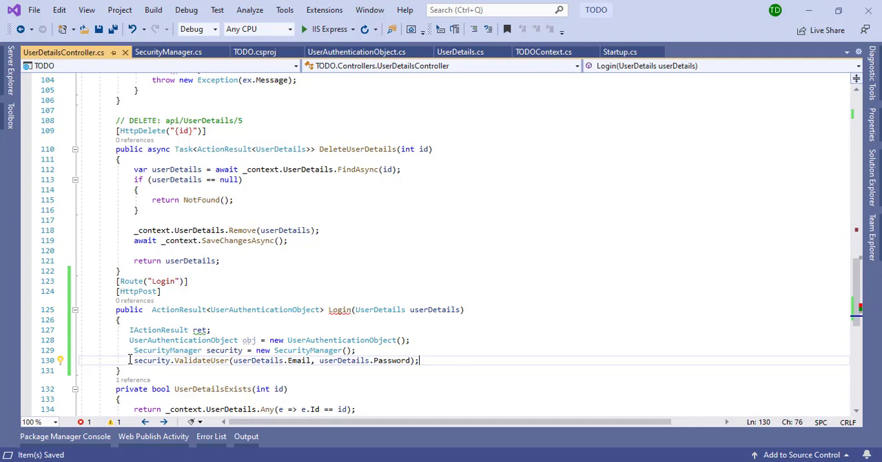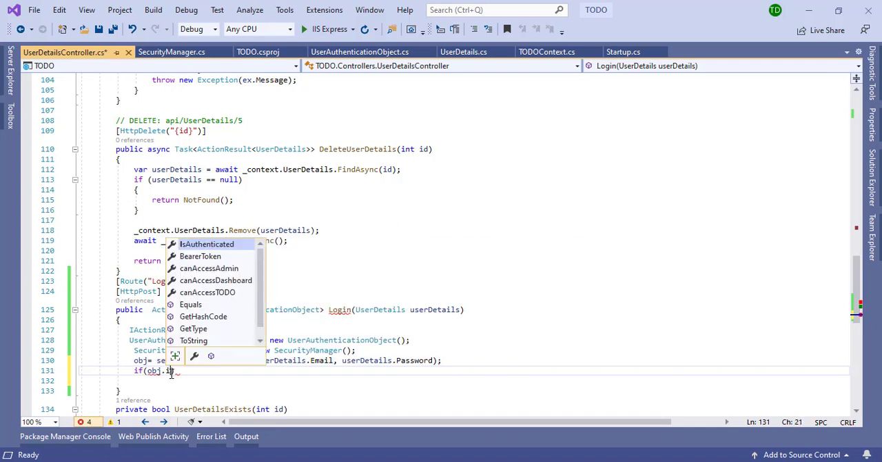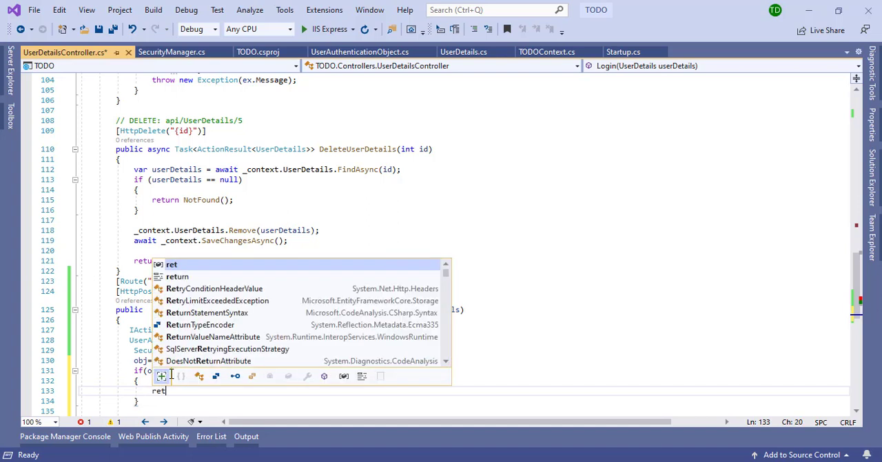So directly we can assign this object to the security validator user, and now I want to return that action result. For that I can use this variable. First I should validate whether my user is authenticated or not. So I'm adding a condition: if obj.isAuthenticated, if we are getting a true value, then I'm going to return,